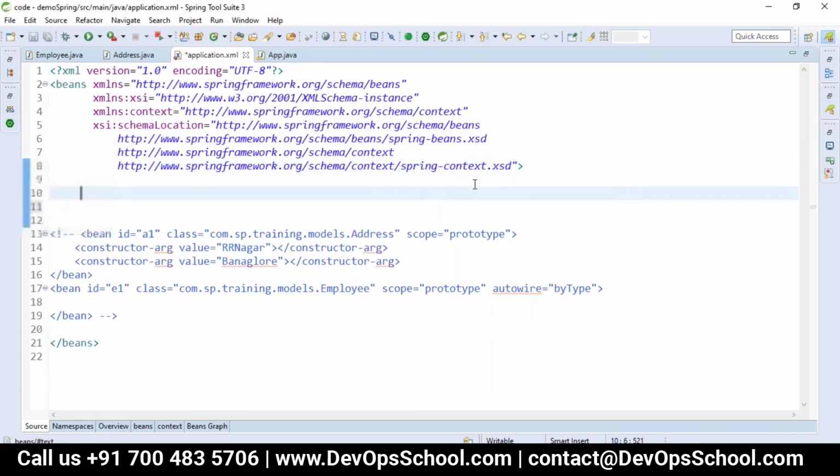Okay, yeah. So I have here context which has a tag called component scan.